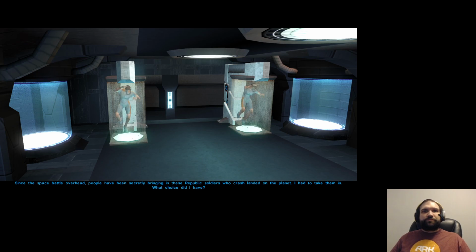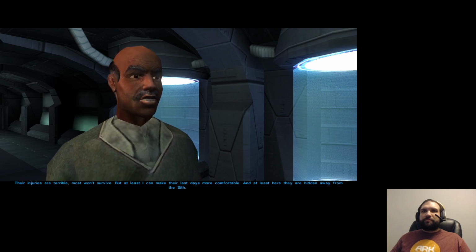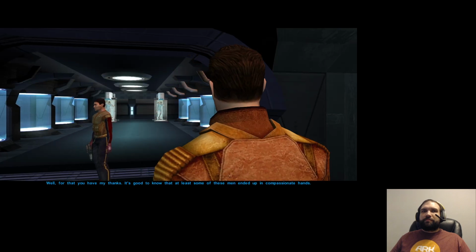Since the space battle overhead, people have been secretly bringing in these Republic soldiers who crash-landed on the planet. I had to take them in. What choice did I have? Their injuries are terrible. Most won't survive. But at least I can make their last days more comfortable. And at least here, they're hidden away from the Sith. Well, for that, you have my thanks. It's good to know that at least some of these men...